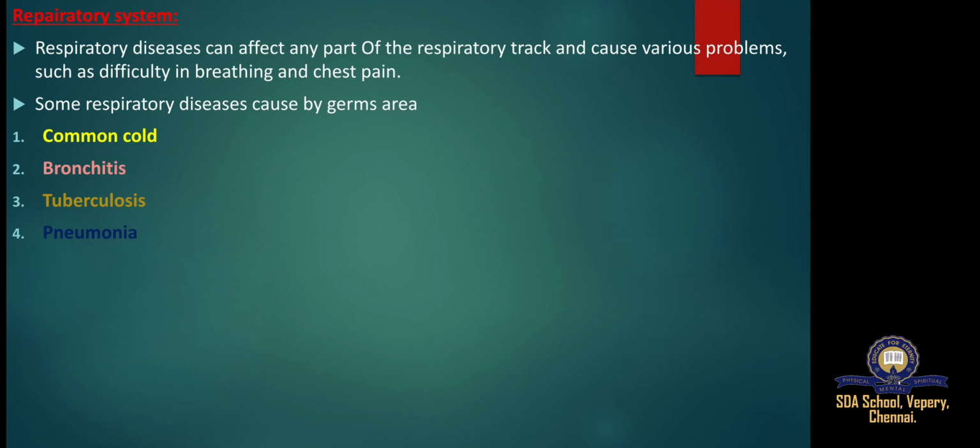TB isn't easy to catch. Usually you have to spend a long time around someone who has a lot of the bacteria in their lungs. You're most likely to catch it from co-workers, friends and family members. Tuberculosis germs don't thrive on surfaces. You can't get it from shaking hands with someone who has it or by sharing their food or drink.